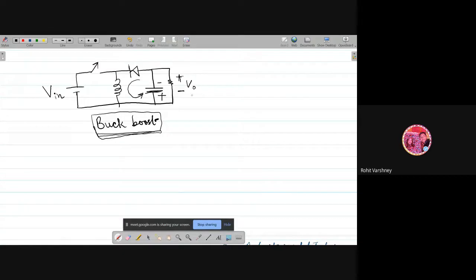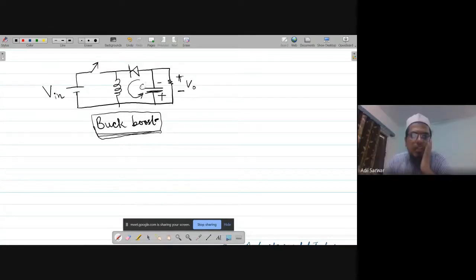Okay. So just see the polarity here. So this was C and also the voltage across the capacitor VC. Okay. So V naught is basically equal to minus of D upon 1 minus D times V in, isn't it? And this part of the expression is positive because V in is positive and D is positive, less than 1.